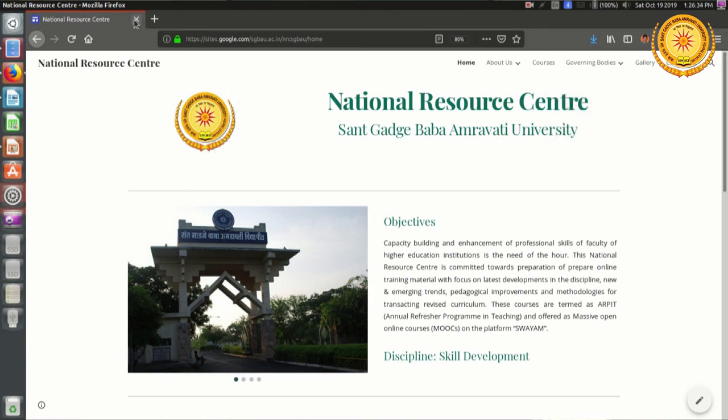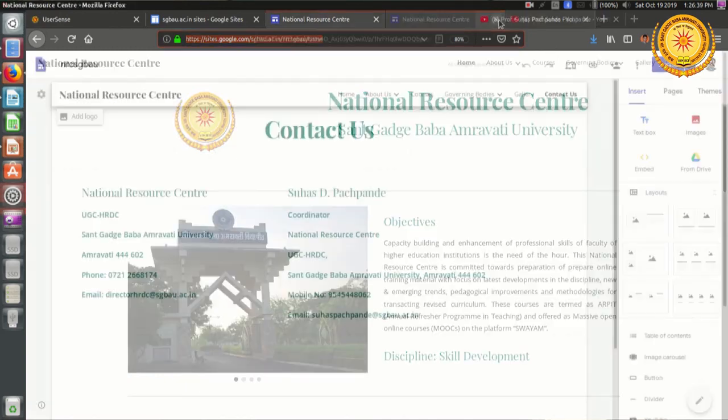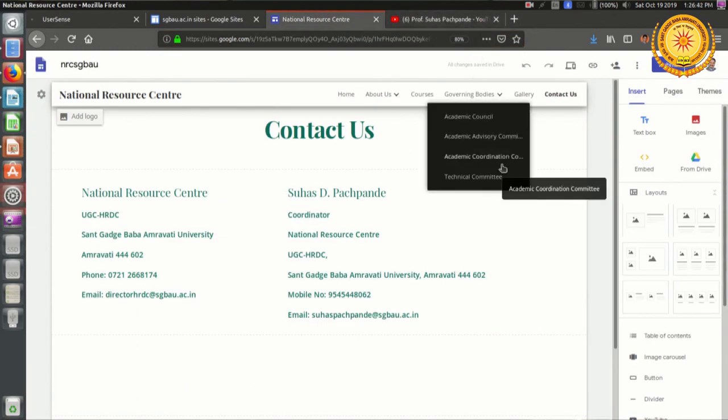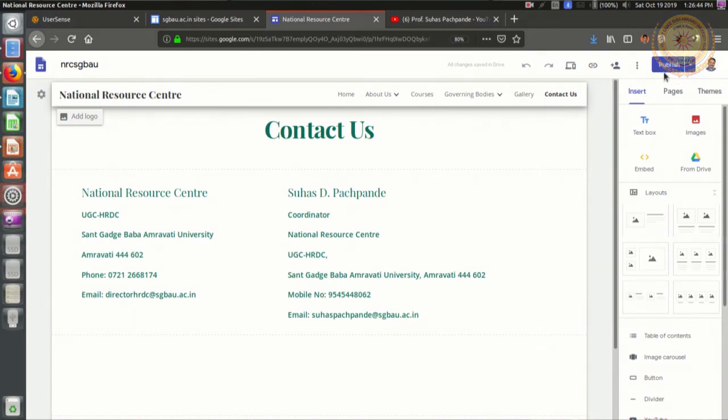Now sometimes you may not want your website to be published, or there might be some mistakes. So here I have again gone to the design view. On the Publish button there is a drop down link. When I click here, there is an option for Unpublish. Unpublish will remove your website from the internet. It will still be available as a draft. You can make whatever changes are needed and publish again. So your website will again become available on the internet.